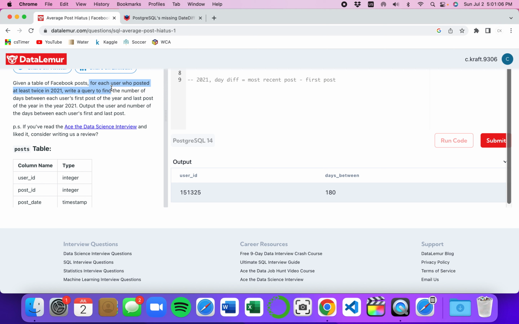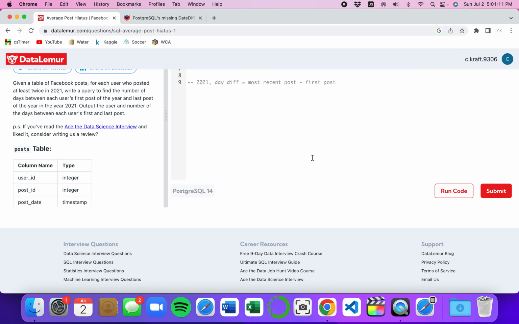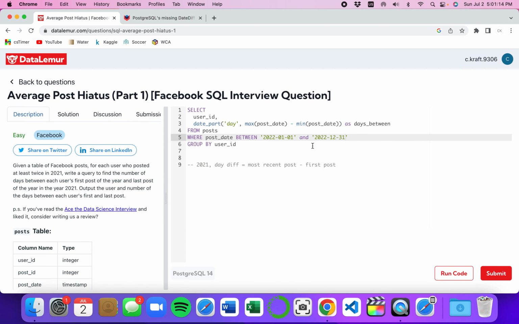For each user who posted at least twice in 2020. Oh, maybe this one, the 180-day difference could be that someone posted once. Wait, that doesn't make sense. Who posted at least twice? Oh, okay. So even though I added this date filter, I'm not accounting for whether they posted at least twice in 2021. They could have posted once in the beginning and once midway through, but there were 180 days in between. So we're going to do